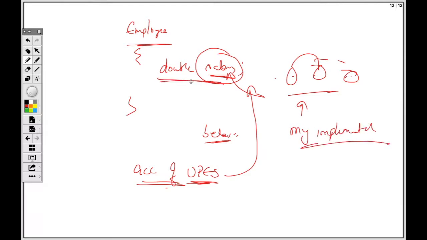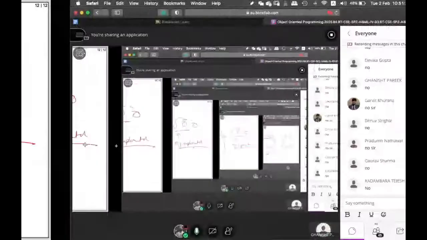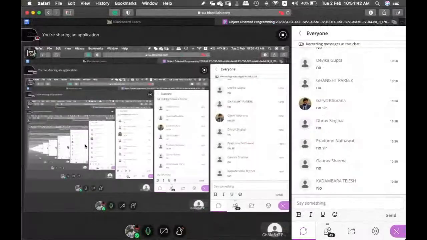Whenever I'm declaring anything, when I sign the contract with any university, it is written there who will have access to my data. Similarly, when you install any application, they have written some behavior that can take data from your mobile phone. If there was no such behavior, they could never have access to your data.